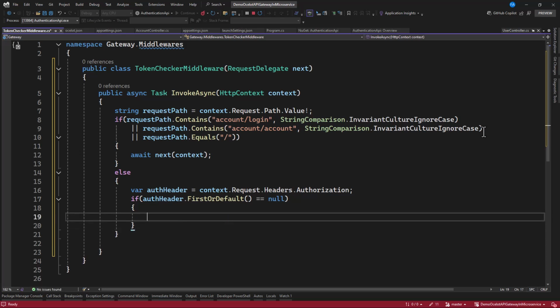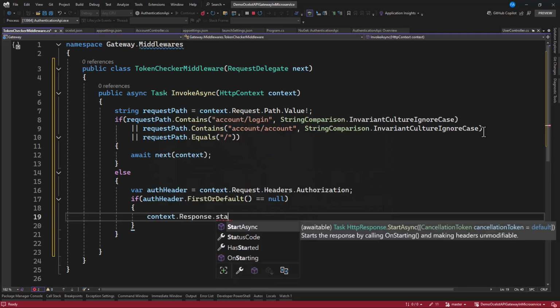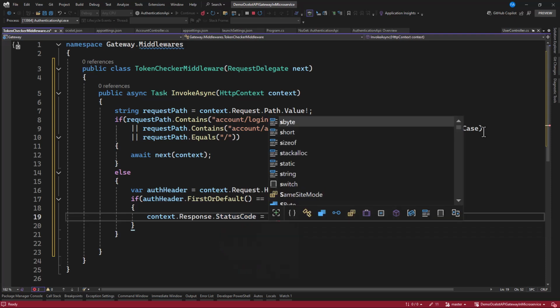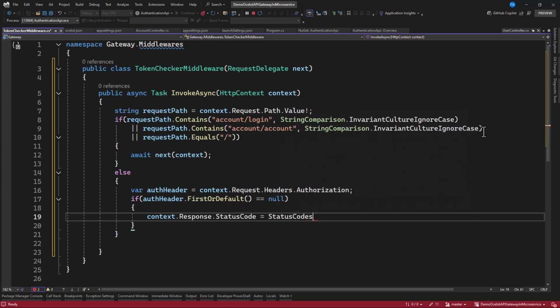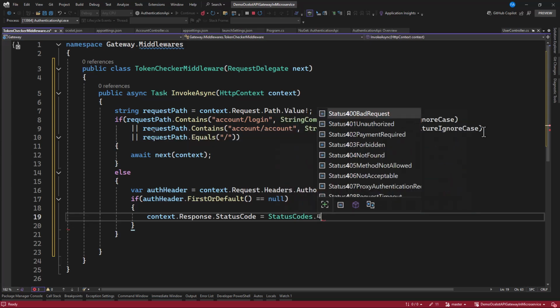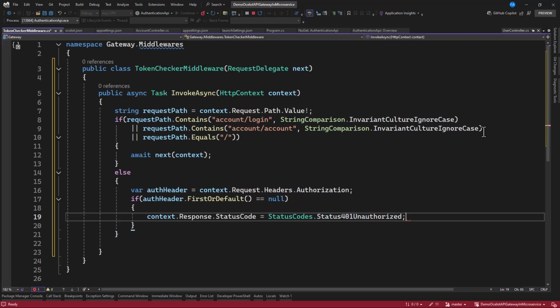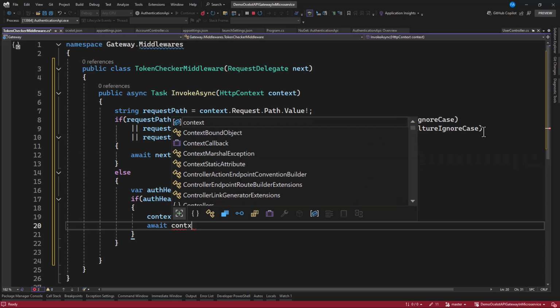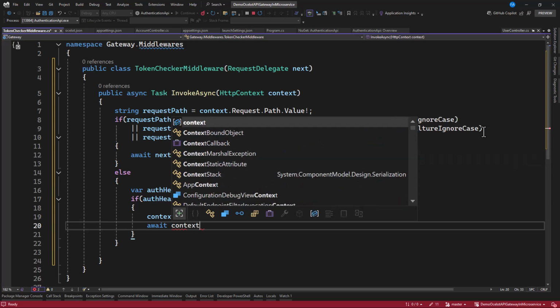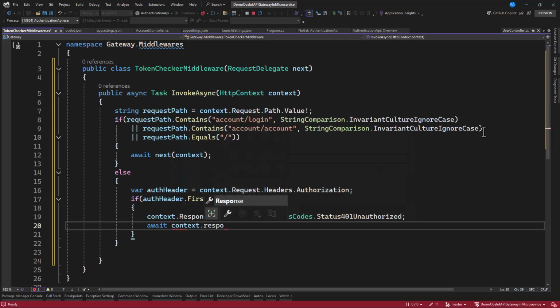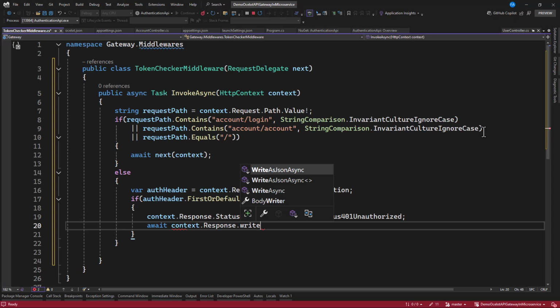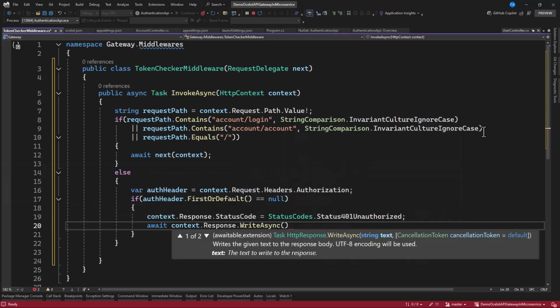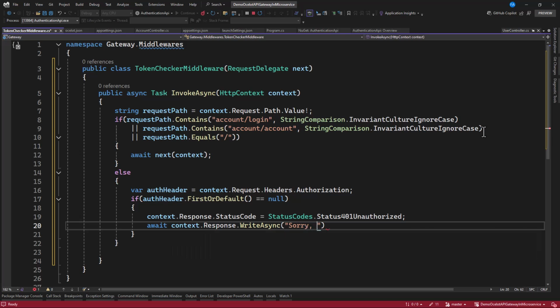So we have our context dot response dot status code, and we set this to status codes dot, and maybe we need to use 401, that is unauthorized, right? And after that, let's have await context dot response dot write async, and we can say, sorry, access denied.